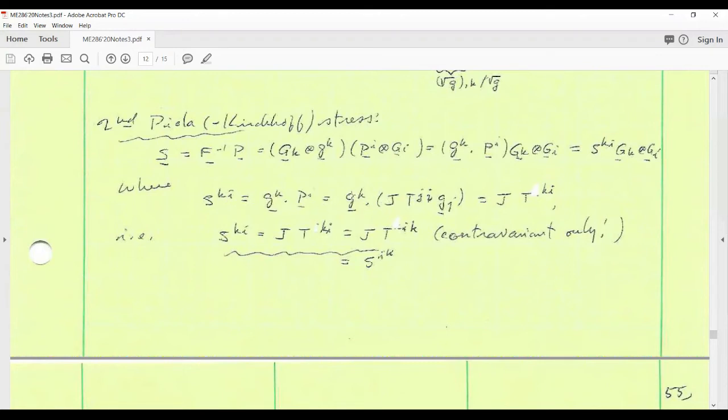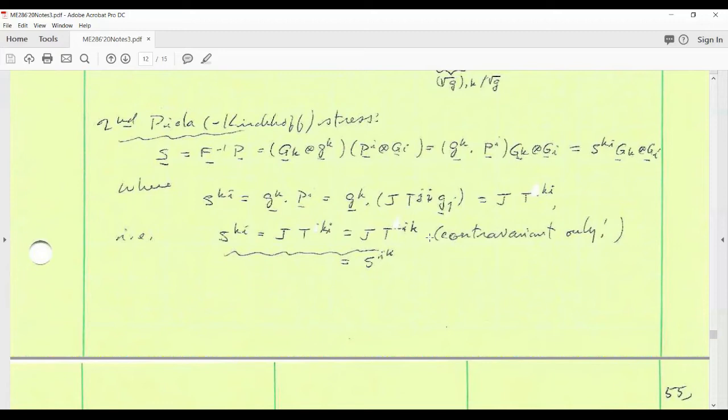I can replace these Piola stress vectors by their definition that we started with. The dot product here gives me a Kronecker delta super K sub J, sum on J, and I get T super Ki with the J left over. So I get S super Ki contravariant are J times the contravariant Cauchy stress components. But this, again, is an equation only valid for